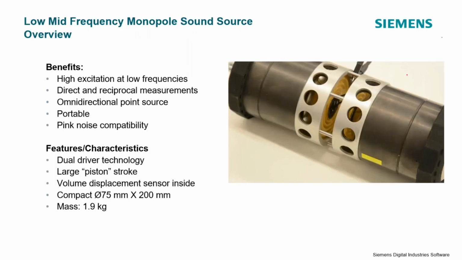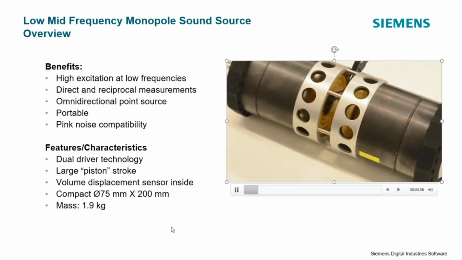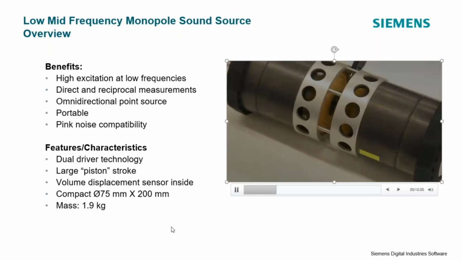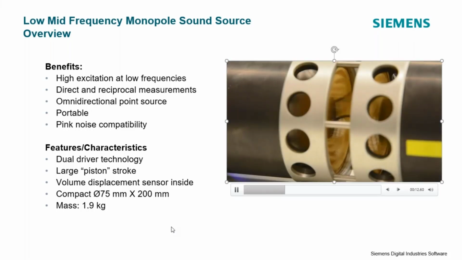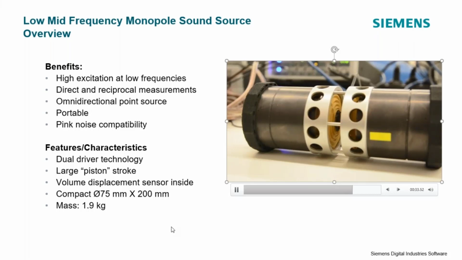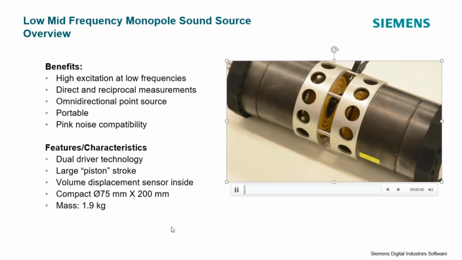And then you have the QMed. So the QMed operates a little bit differently in that it has a much smaller area, so it's got a much smaller driver, and so it uses 2 opposing pistons, essentially operating out of phase, which allows it to generate very high excitation, again at low frequencies, but always as a point source. So the geometry never really gets in the way in terms of diffraction like it does with the QLMF. Very different kind of feature size, but also application spectrum where you can put it any number of places. It's not restricted to the occupant seat like the driver one is.